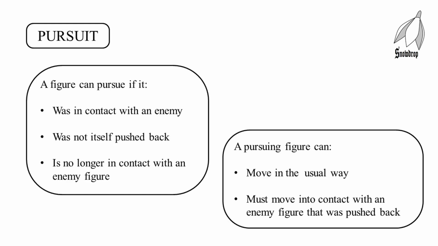After all the combat rounds have been resolved, move on to the pursuit round. In this round, any figure that was in contact with an enemy figure at the start of this melee phase, has not itself been pushed back in this melee phase, and is no longer in contact with any enemy figure, can be activated at the discretion of its controlling player, and that activation is automatic, you don't have to roll for it. The only thing such a figure can do is pursue an enemy, and that involves the figure moving